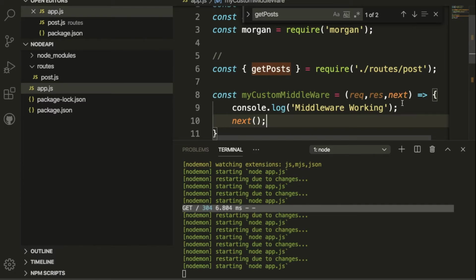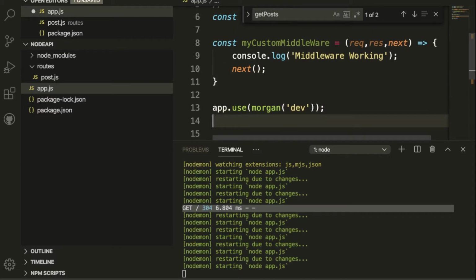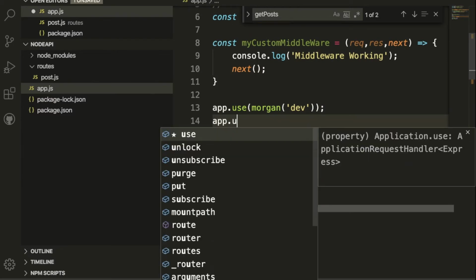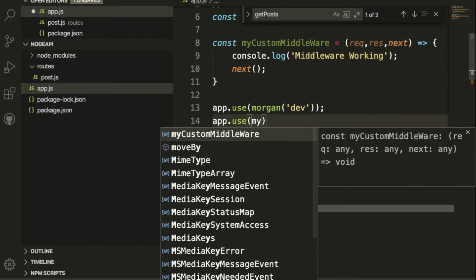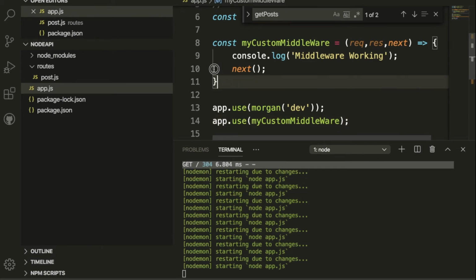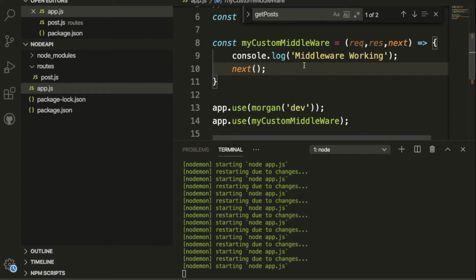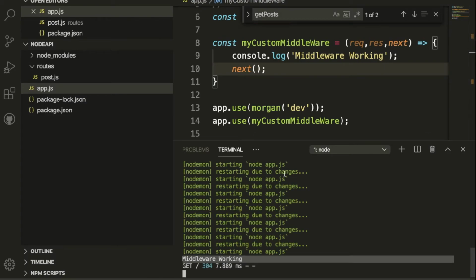Now how to use this particular middleware which I have created: app.use my custom middleware. So here we have created a custom middleware. Let's check whether this is working or not. I'm going to hit my URL. Yes, middleware working.